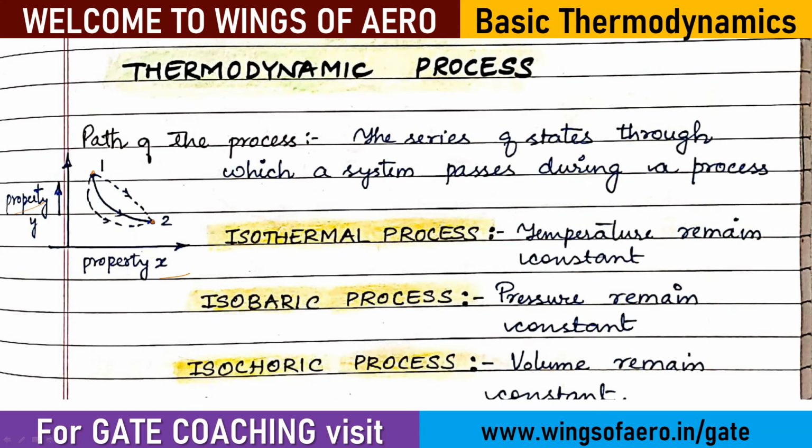So how many ways can it process from 1 to 2? What are the different ways it can go, right? It can go in different ways, like it can also come this way and come to this 2, it can come this way and come this way. There are a lot of ways, right?